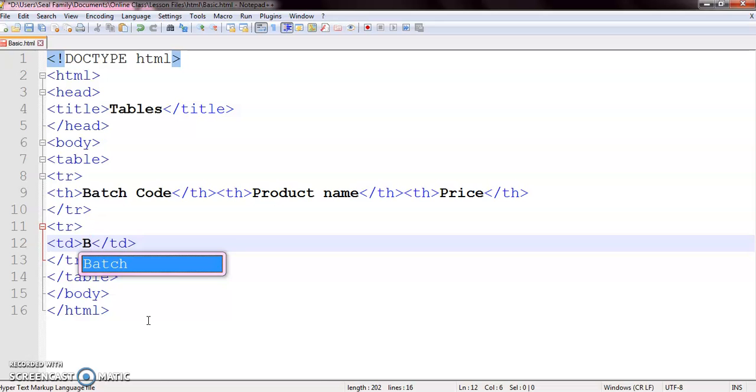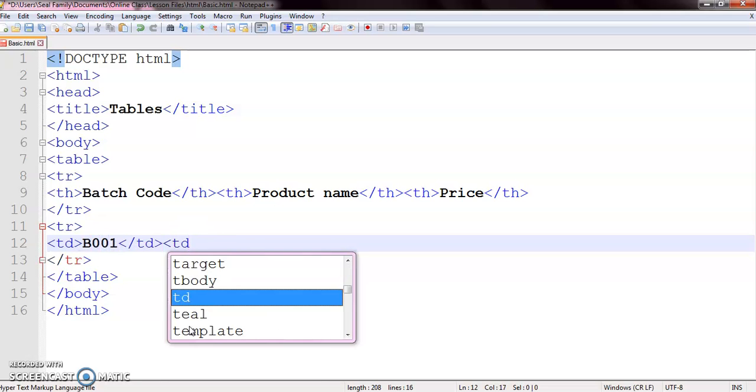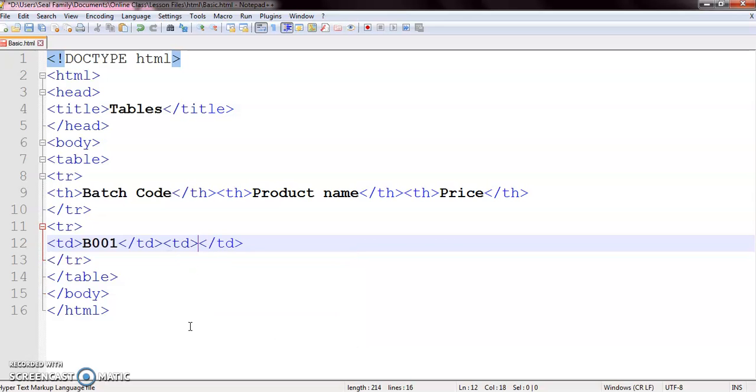The first one was this, then the next element the product name, and for the last, the product price. So my first data is entered.